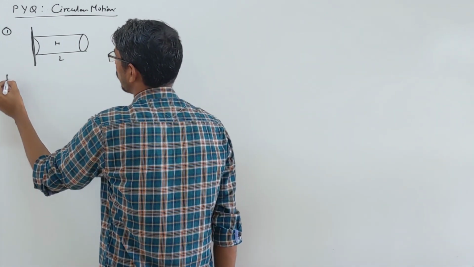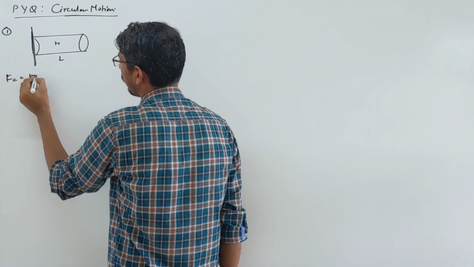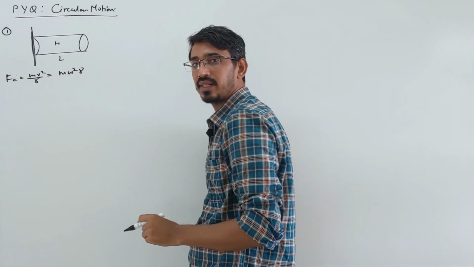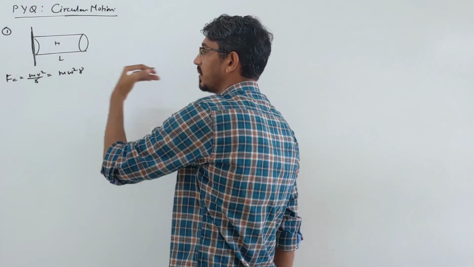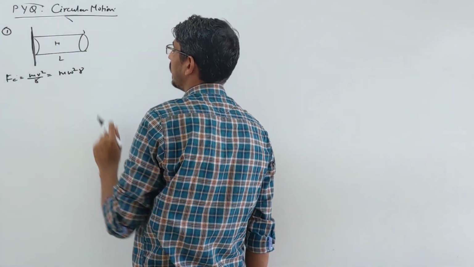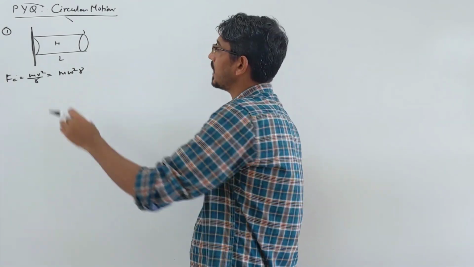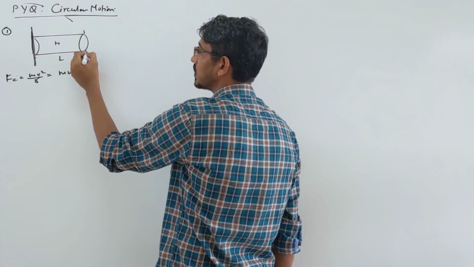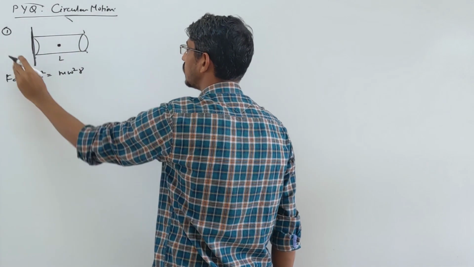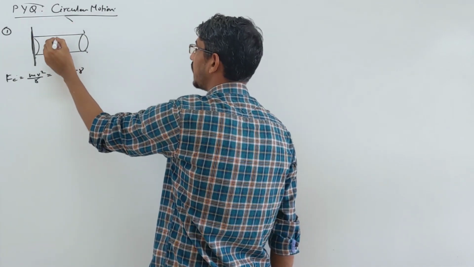What is the centripetal force formula? You know that F is nothing but mv square by r, or in terms of angular velocity, m omega square into r. Correct? Yes. R means the distance or radius of rotation. So this is rotating around that way, so radius will be simply L only here. But because mass varies from this point to that point, everywhere there is mass, so what we do? We take the center of mass point. Center of mass means the whole mass of this tube is placed at this point M.